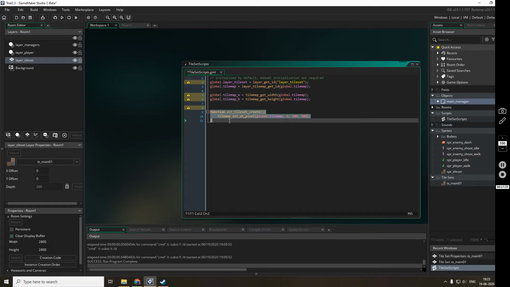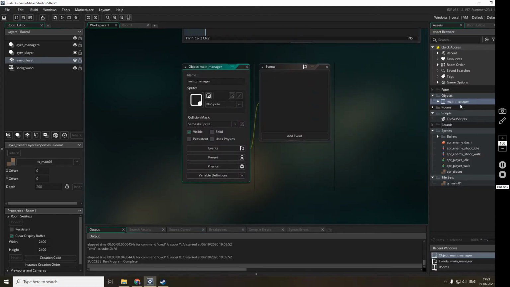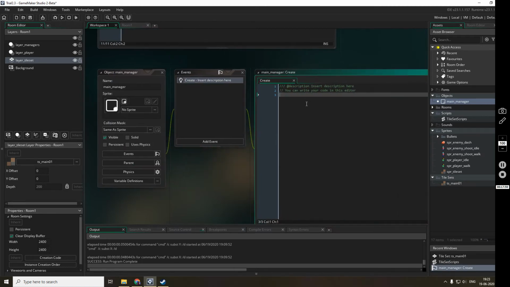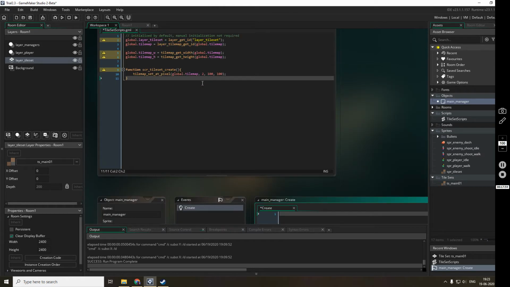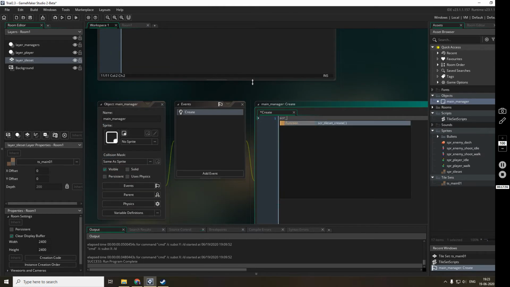This function is initialized, but it will not be called on its own. It has to be called to make it do what it does. So from main manager I will create the create event, and as test code I'll just write the tile map tile set create.